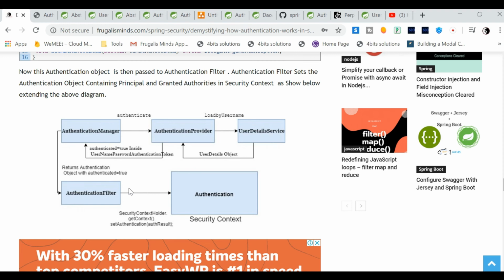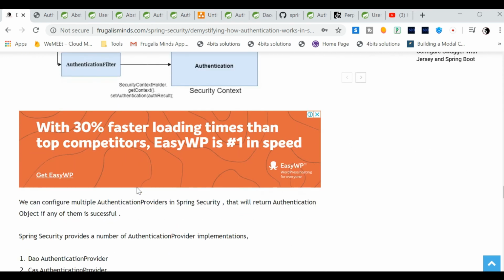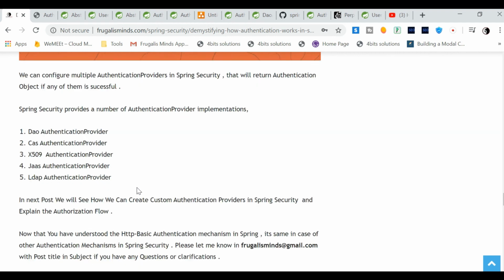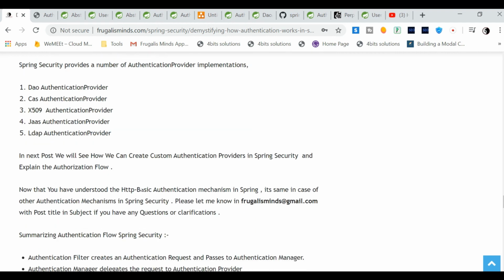So it internally manages a session. So the next time the user comes, it doesn't need to re-login. That is maintained by the Spring Security context. So this is how a normal authentication flow works in Spring Security. Now we will take a sample request and show you how the complete authentication works.